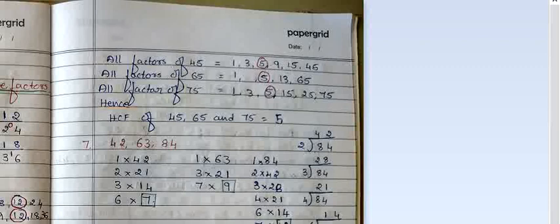5 is a factor of 45. 5 is a factor of 65. 5 is a factor of 75. Hence, we circled that. Now, here we came to know that this is the biggest number which divides this 45 also, 65 and 75. Hence, we can write HCF of 65, 45 and 75 equals to